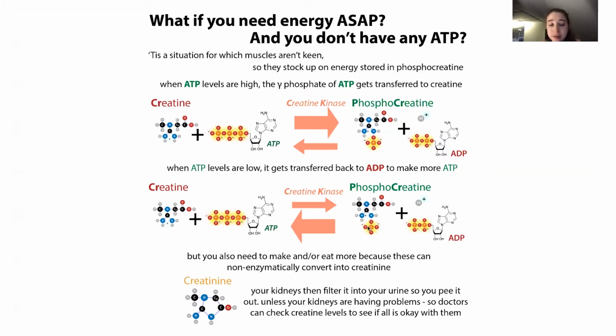So you're going to be removing the phosphate group from the phosphocreatine to make ATP. When you have a lot of ATP, you're going to make phosphocreatine. It's like, dude, we have enough ATP in our muscles, we don't need to be making more. All's good. But now when ATP levels are low, you need more ATP, and now this is going to make ATP. So it's really cool because it's regulated by the levels of ATP, which is what it's trying to regulate. So you have this feedback loop.